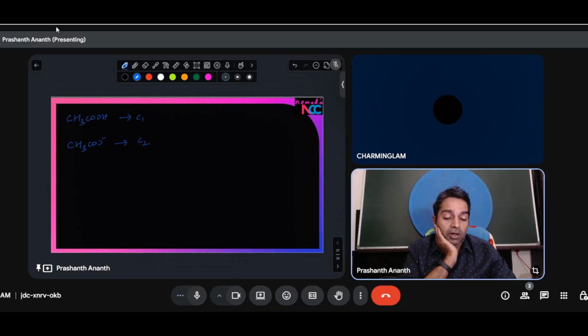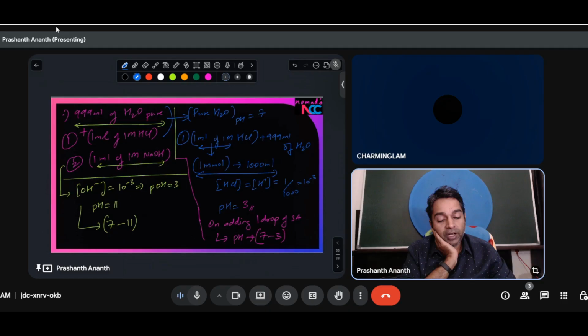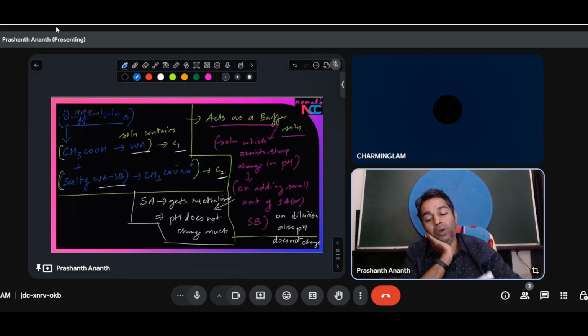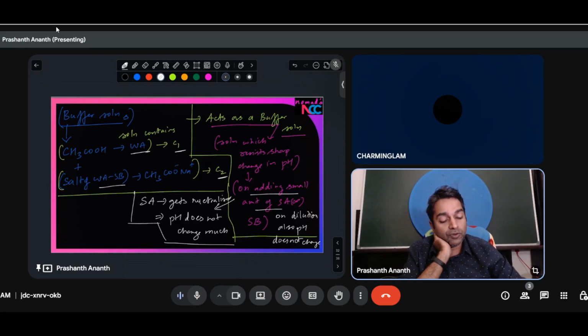Now let us go back to what the buffer is doing and how the buffer basically ends up working. On adding a small amount of strong acid or strong base, what is going to happen is that the small amount of strong acid or strong base is not going to change